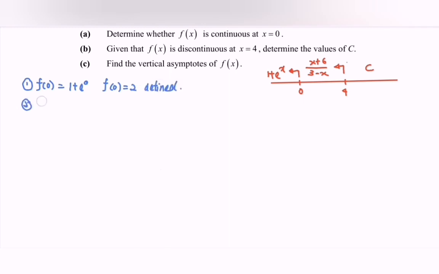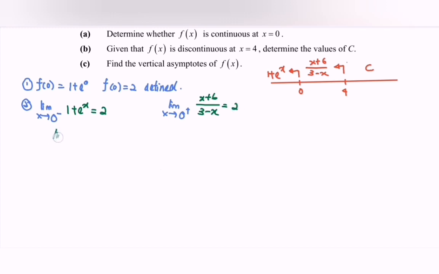Second step, the limit when x approaches 0 from the left, and the limit when x approaches 0 from the right. Substituting into the function 1 plus e to the power x, if we substitute 0, y approaches 2. Next, when x approaches 0 from the right, we have the function (x + 6) over (3 − x). If we substitute 0, we have 6 over 3, so the value of y approaches